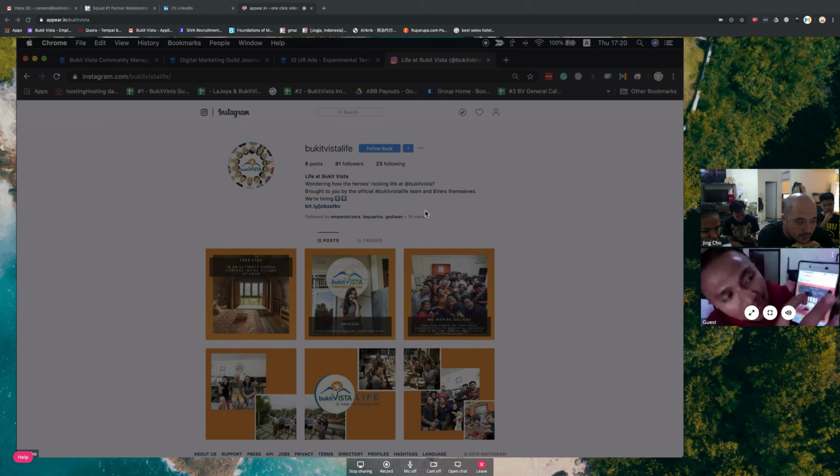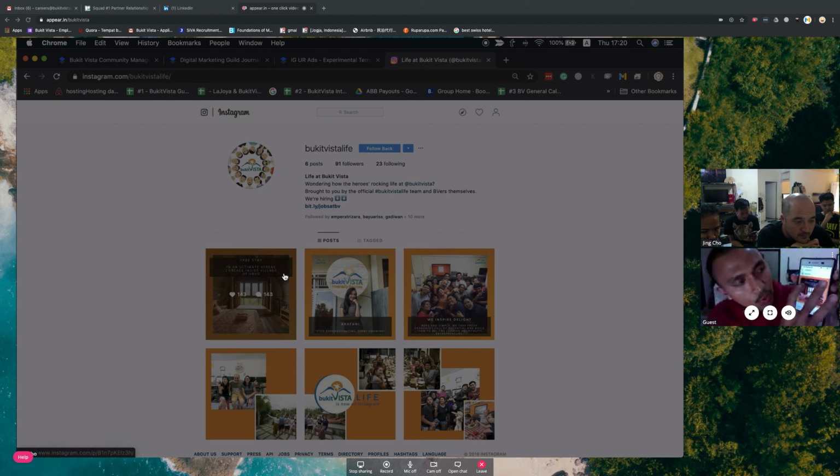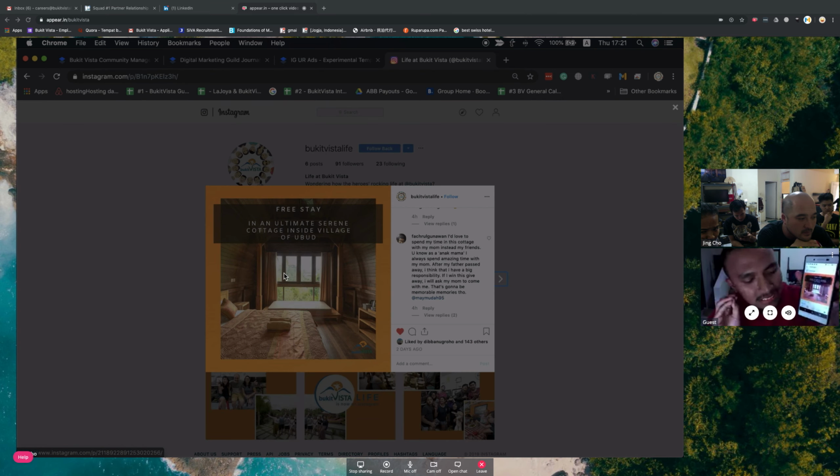This post has text, right? Yes, this post has text. When the text is more than 30%, this post doesn't spread effectively because Instagram rates it as not Instagram style. So we need to make pure photos first to get more followers and more interaction. Instagram has that regulation, sir.